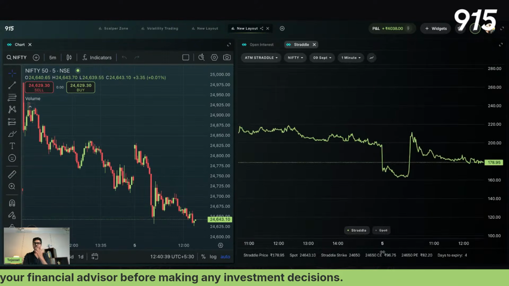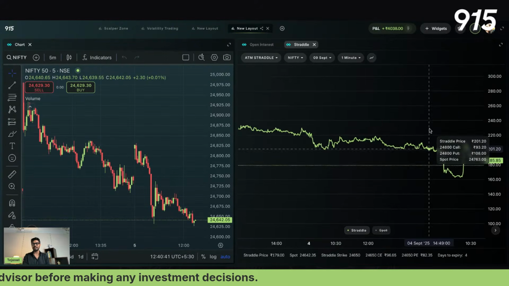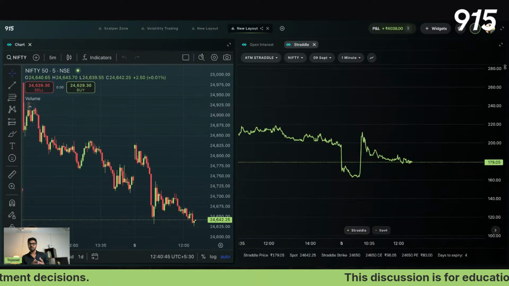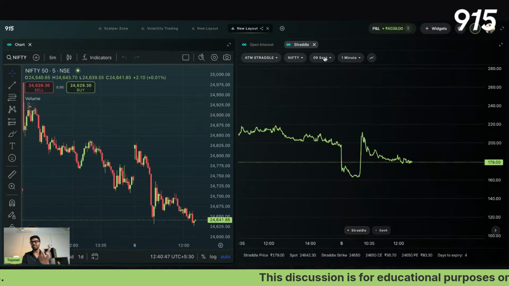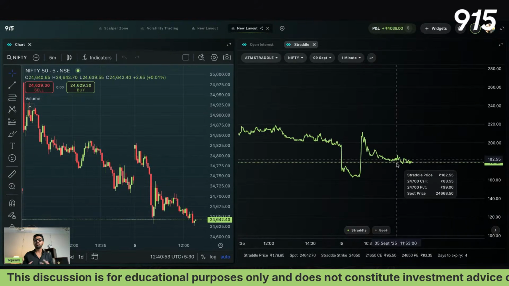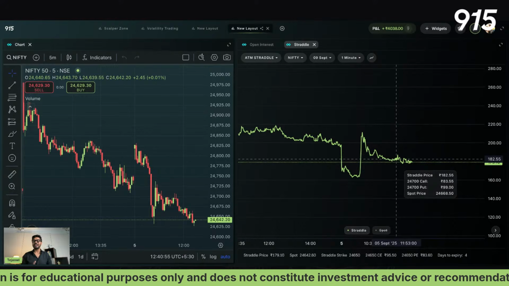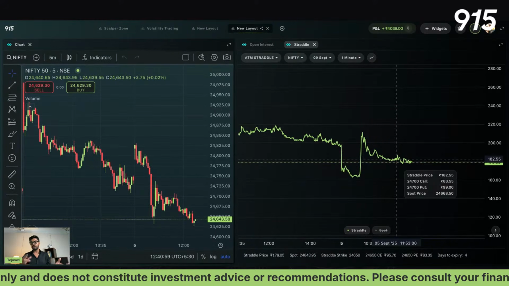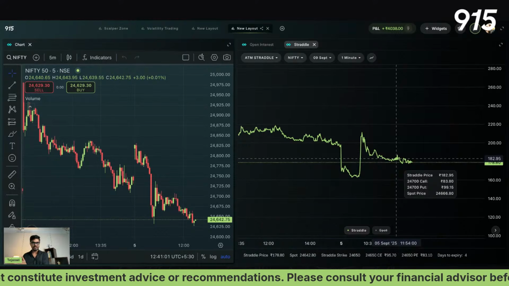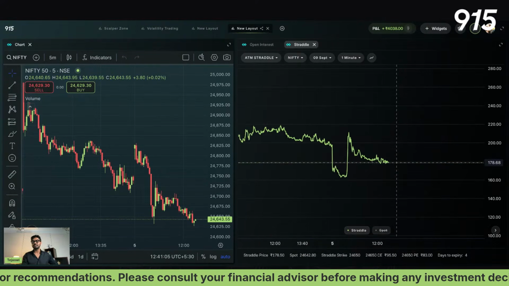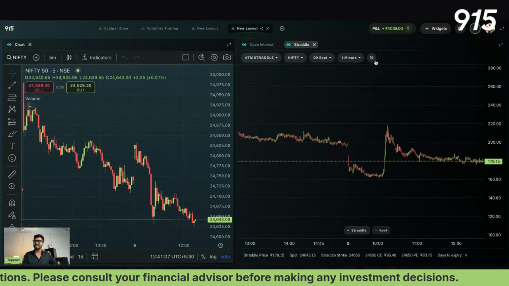So I just come to my straddle, and this is how my straddle is looking today. That is currently the straddle premium for Nifty 50, that is the 9 September expiry, is trading at 178, right? So how do I make use of this information, right? Straddle charts are a combination of call option and put option prices plotted together. That's it, right? So another interesting thing about our straddle charts is that you can switch between candlestick charts and